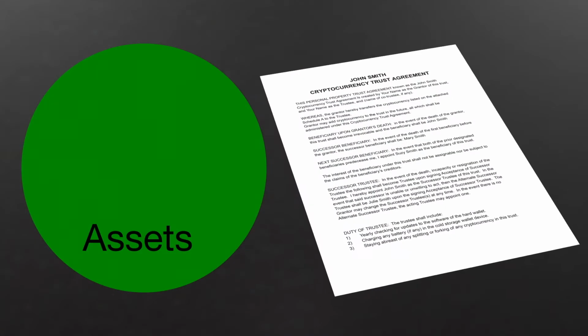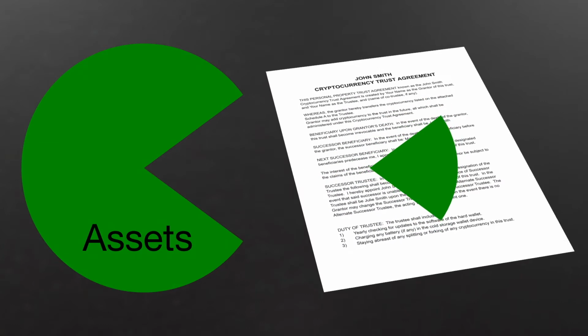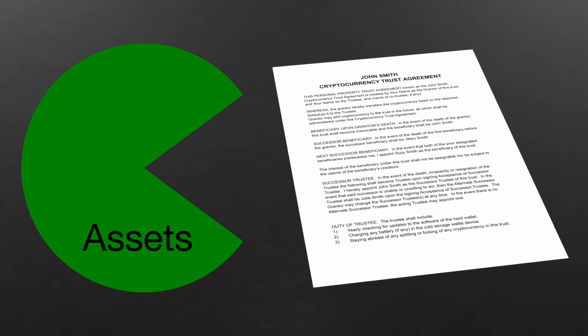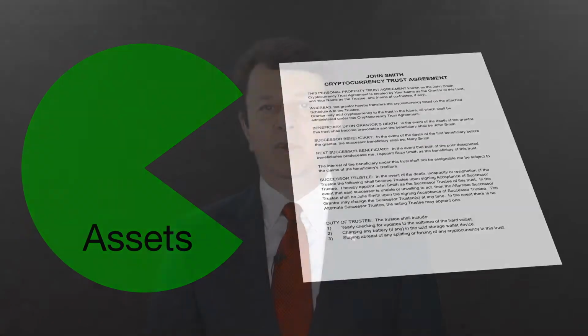So let me move on to the common question of what is an irrevocable trust. An irrevocable trust is one that can't be changed by you once you sign the trust. Irrevocable means the assets in the trust are no longer in your estate. You don't own the asset any longer. You have given up all your right of ownership to the asset because you put it into your irrevocable trust.